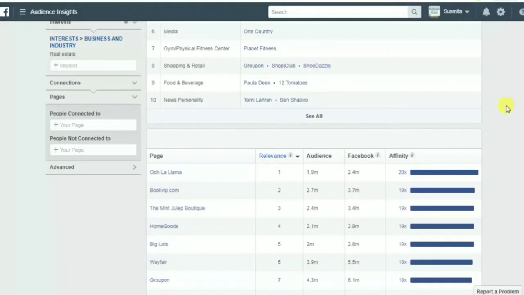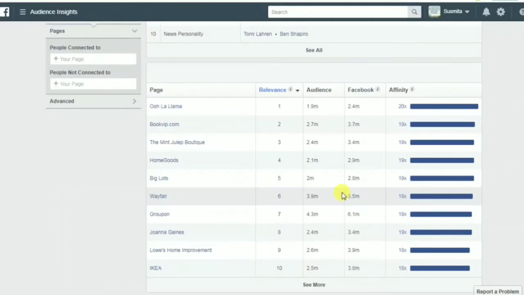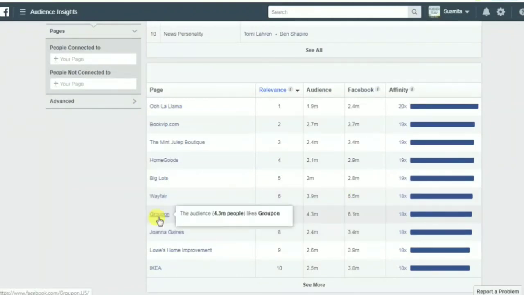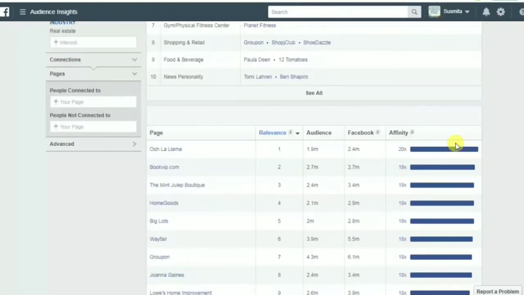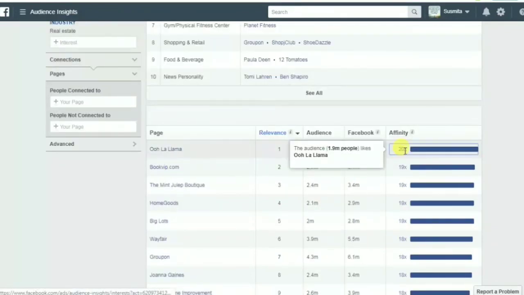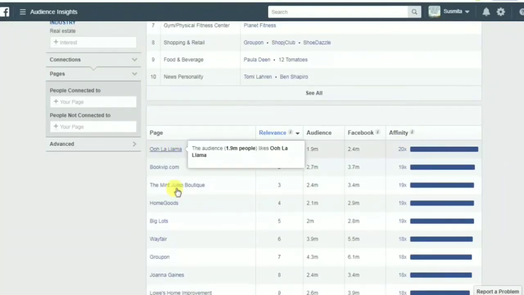Of those people 1.9 million like this page, right? And if you scroll down you can see that 4.3 million people like this page, but you have to look at the affinity score. The higher the affinity score, the more likely people are to like these pages.